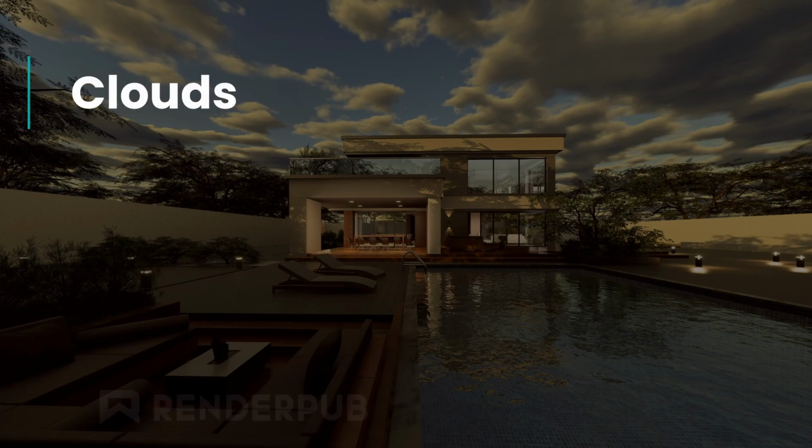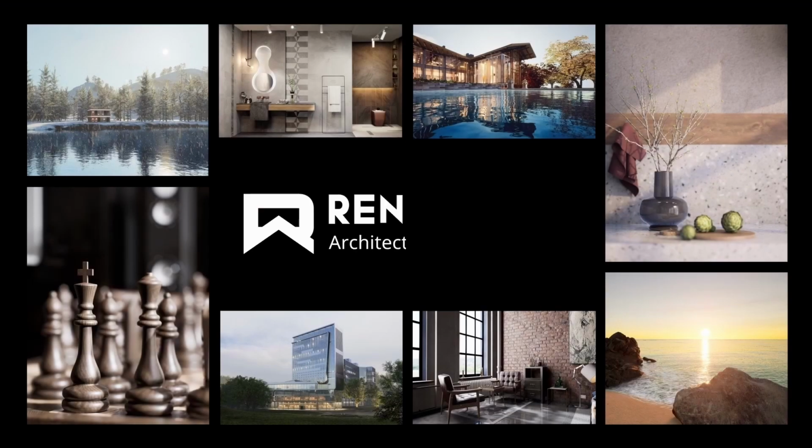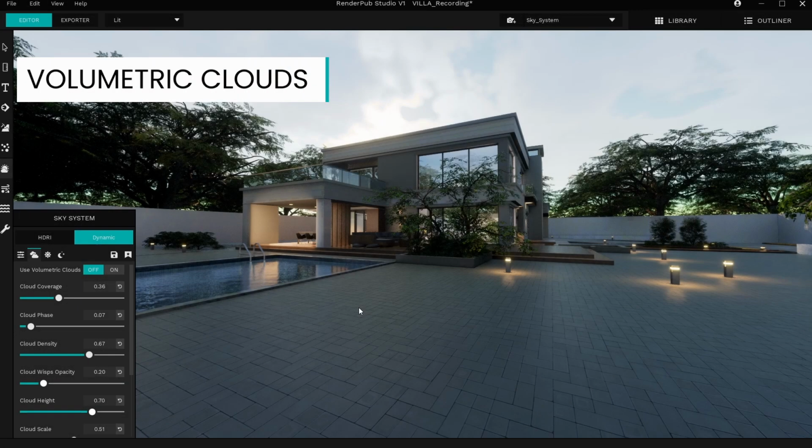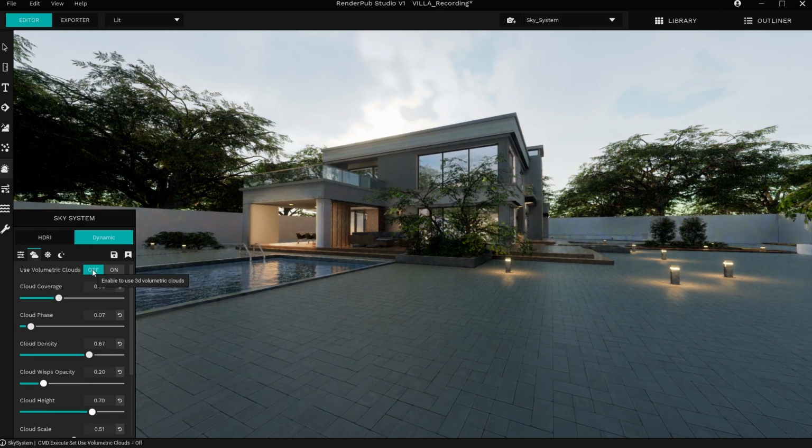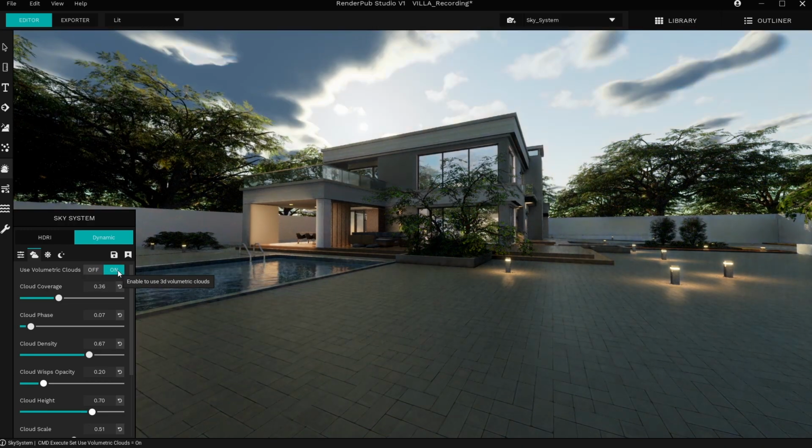Welcome to the Clouds tool, where you can sculpt the atmosphere. Dynamic cloud adjustments influence light and shadows in your scene. Volumetric clouds provide depth and realism, responding dynamically to lighting changes, while 2D clouds offer a performance-efficient solution with a